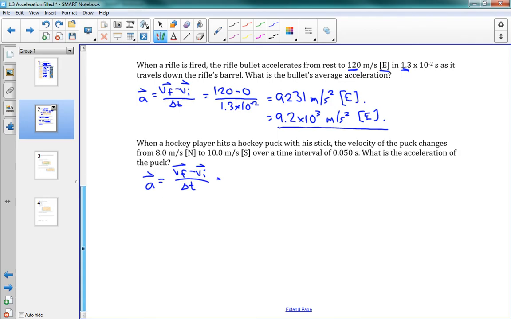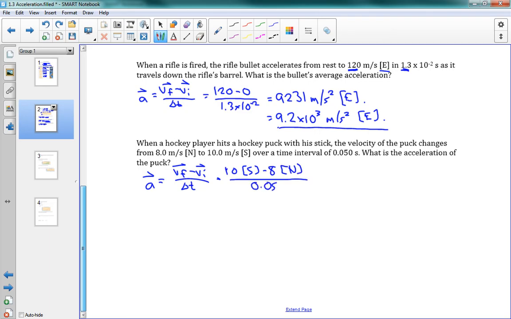So our final velocity is 10 south, minus our initial velocity, which was 8 north, and we're dividing by